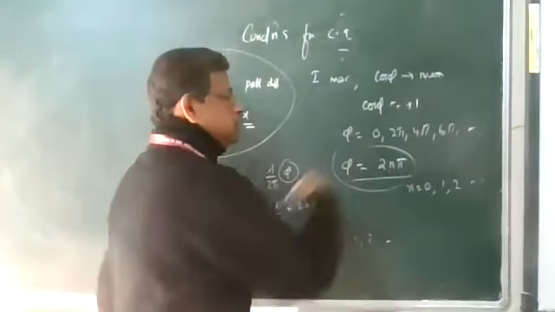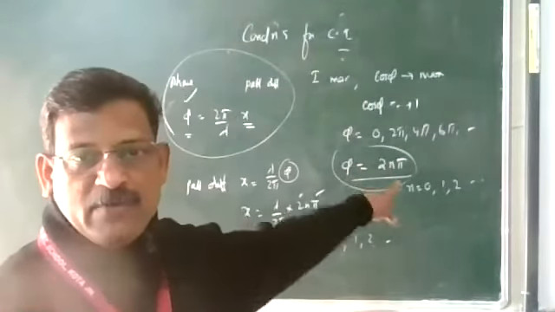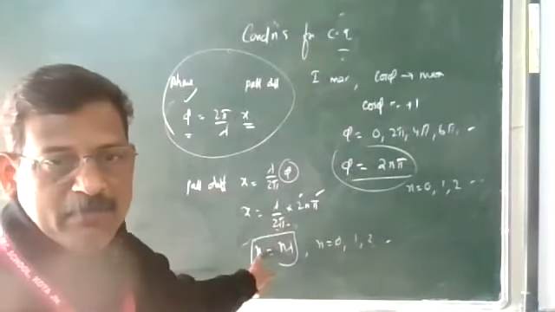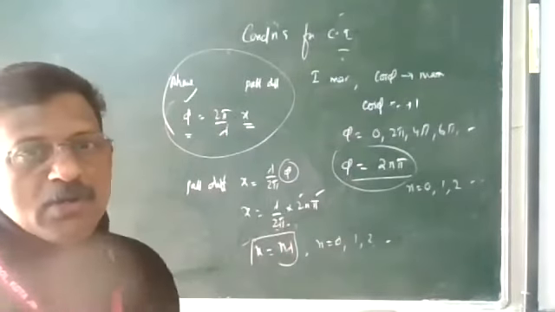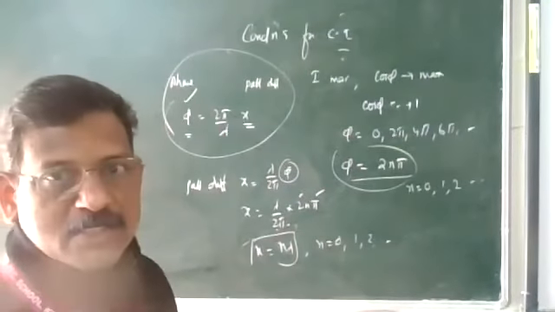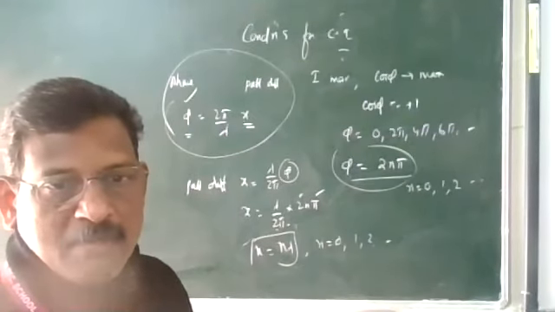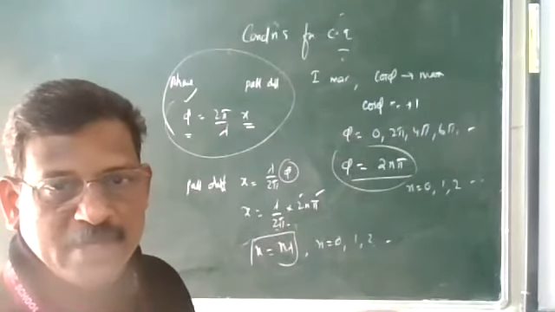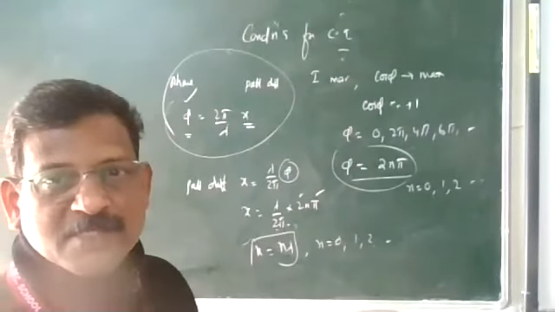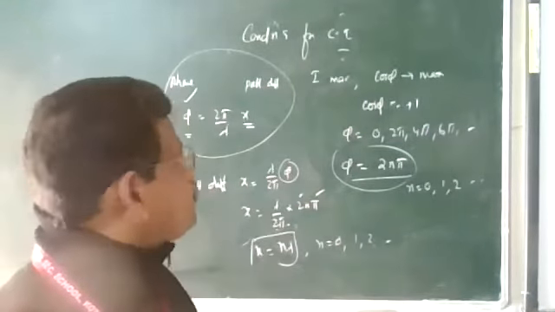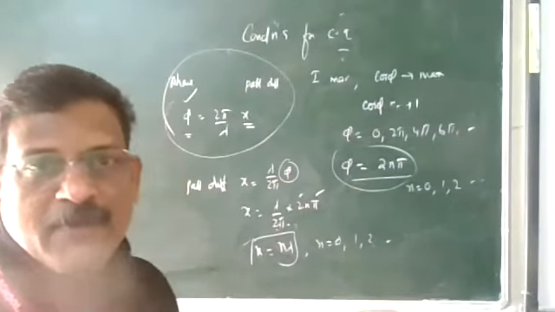So a point on the screen will be bright if the phase difference is an even integral multiple of pi and the path difference is an integral multiple of lambda. This equation is very important. This is the condition for constructive interference. When the path difference is 1 lambda, 2 lambda, 3 lambda, or even 0, we get maximum intensity, or the phase difference is 0, 2 pi, 4 pi, 6 pi. That is the general equation. Similarly, we go for the condition for destructive interference.